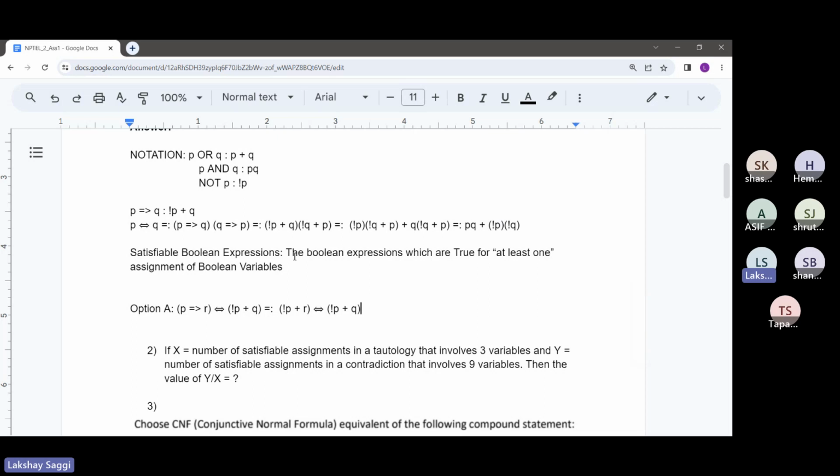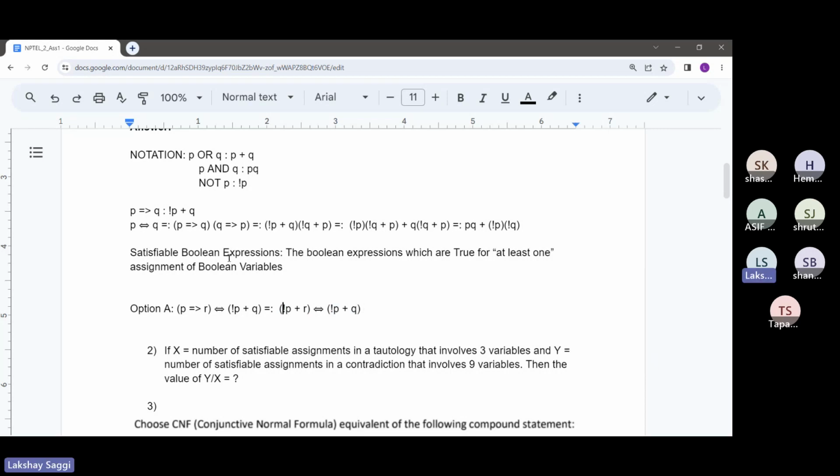So now I want to just check whether it has a satisfying assignment or not, right? If it has a satisfying assignment, then the value should be true. Satisfying assignment means that for a specific assignment of variables, the term should evaluate to true. And for this if and only if expression to evaluate to true, either both of these values should be true or both of these values should be false.